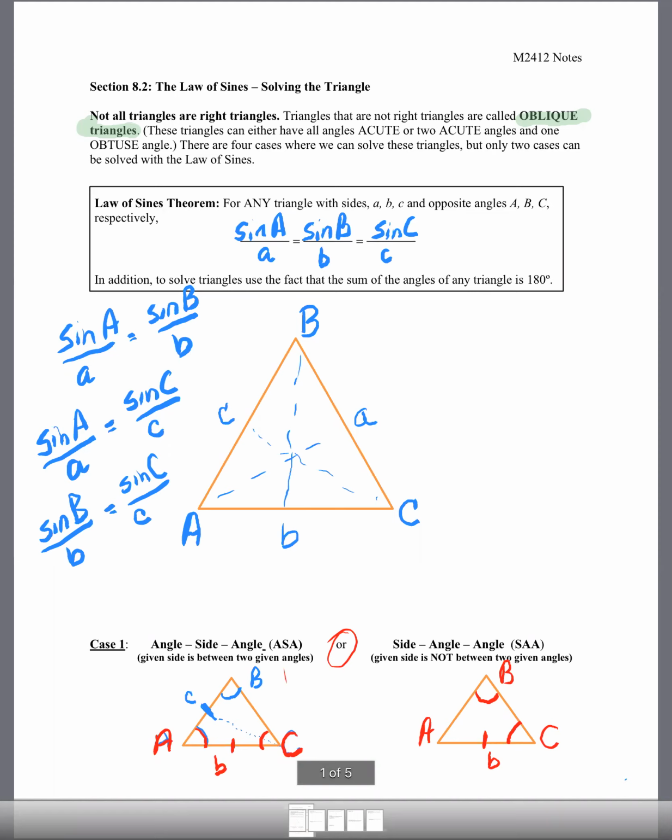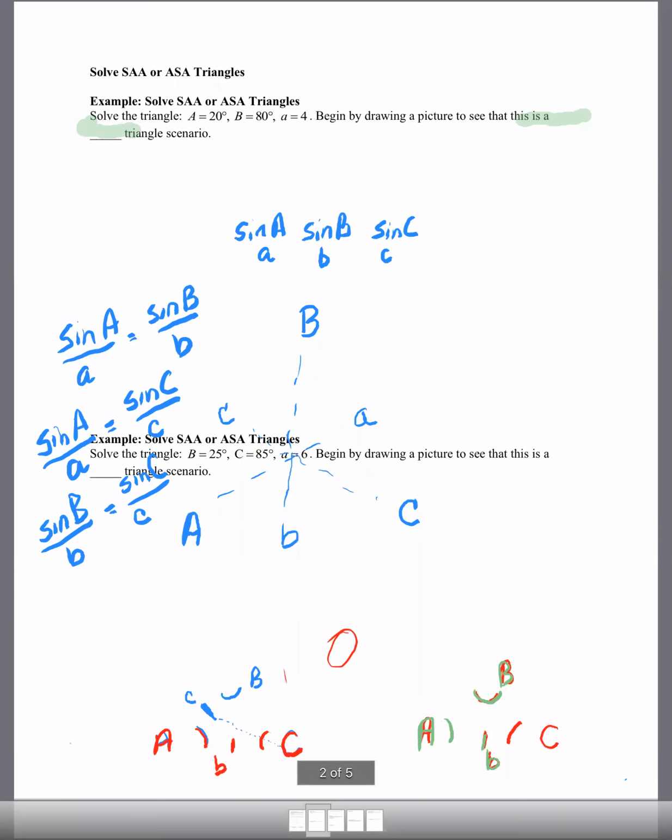Let me change colors here again and show you that if I also went back and said, well, I want B to be the side that's given, then I could have also had A, and then I would have had to have B. So again, you're kind of in control of this for the most part, depending upon the information that's given to you. So let me get rid of all of the markings that I just put up here on this side. And we can look at our next